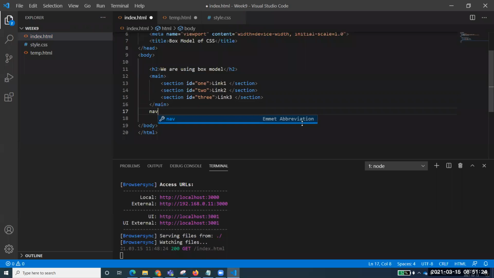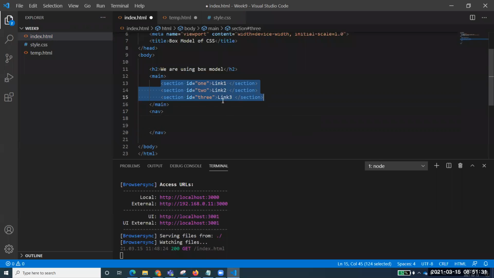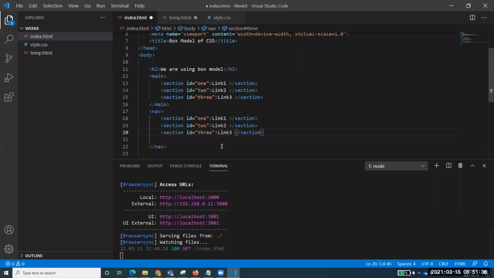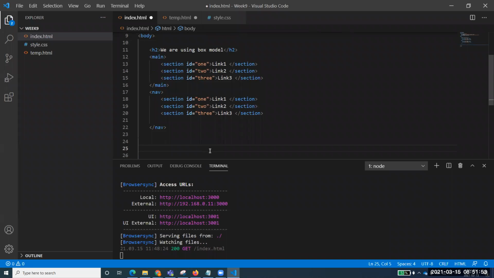For example, if I make a nav, can I make this one also as a section? Of course, you know. And it will be just another section for me, right? Now, what does that mean? I can make a very specific container that would represent some navigation over here. I can make a very specific container that is representing a main over here. And if I have to combine something into a block that does not have any semantical meaning.